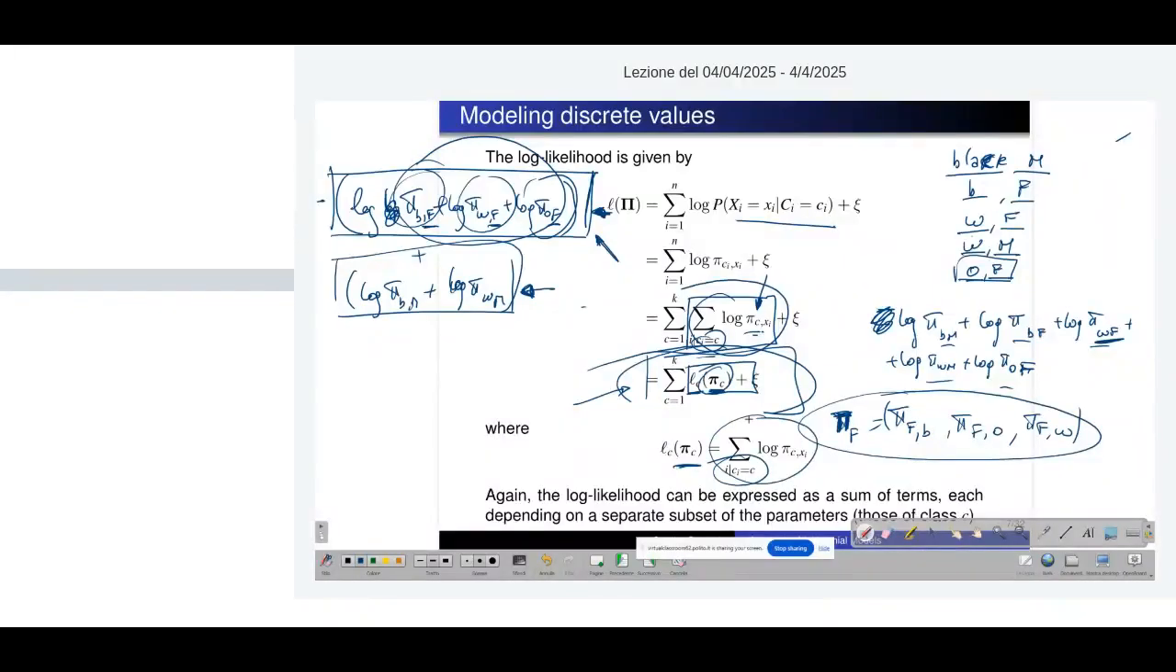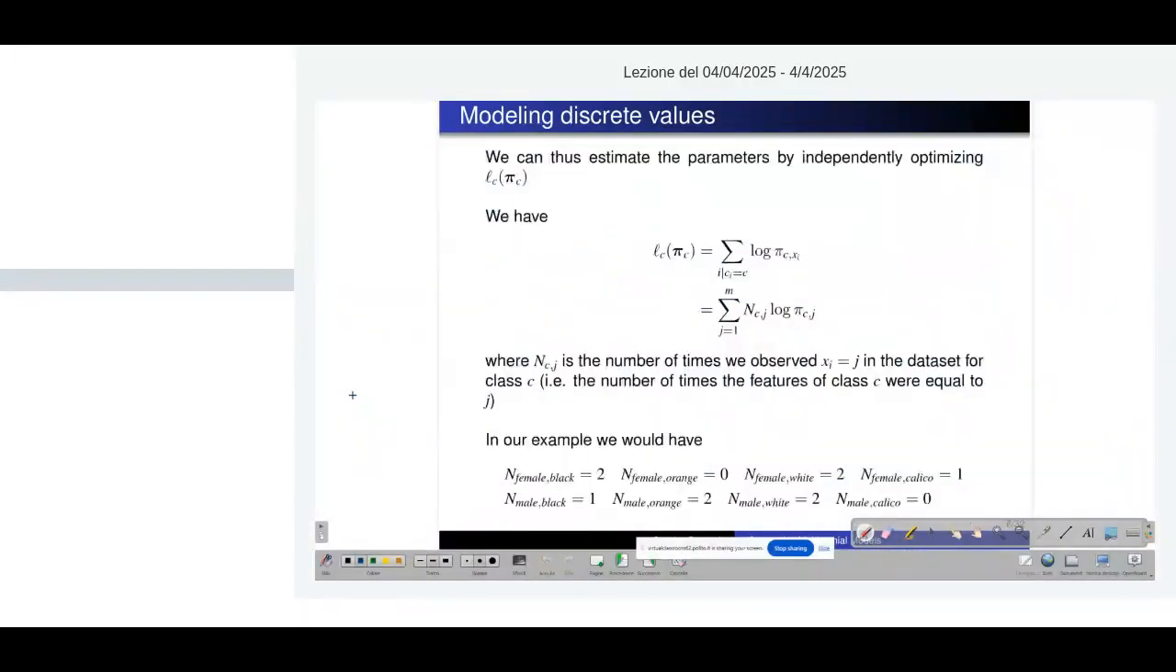So for example, in this case, I need to find the maximum with respect to the female parameters of this expression. I need to find the values of the pi's that maximize this expression. I have 3 pi's here, and I have a sum of 3 samples. I need to find the values that maximize the expression. The maximization of this expression,